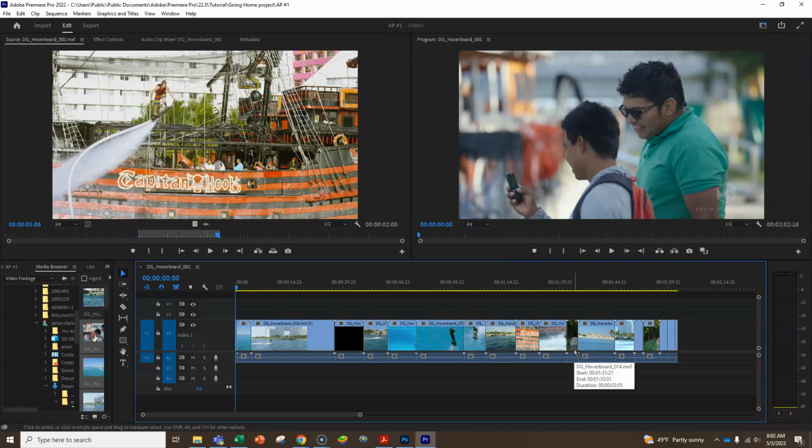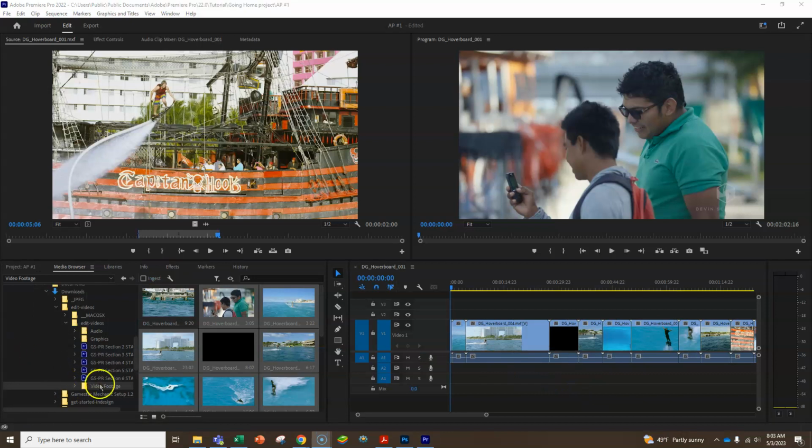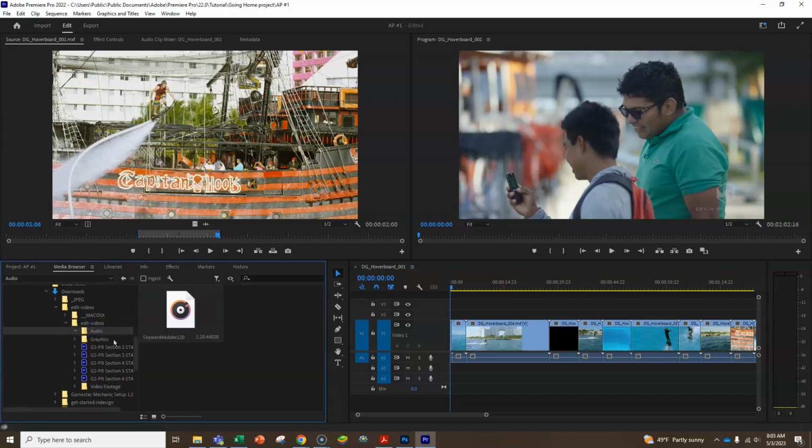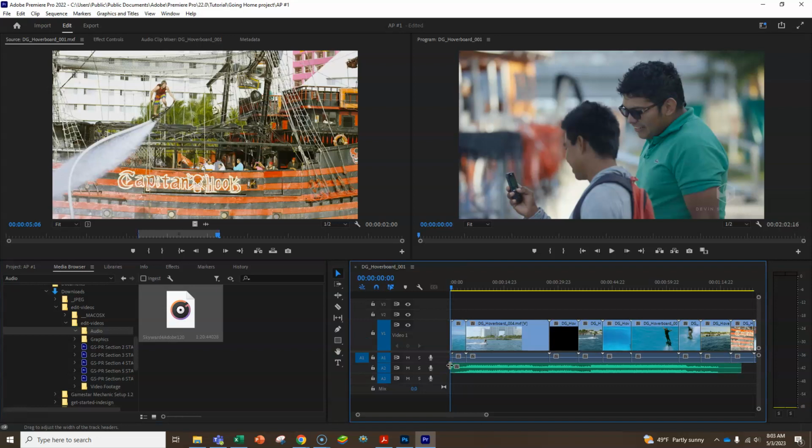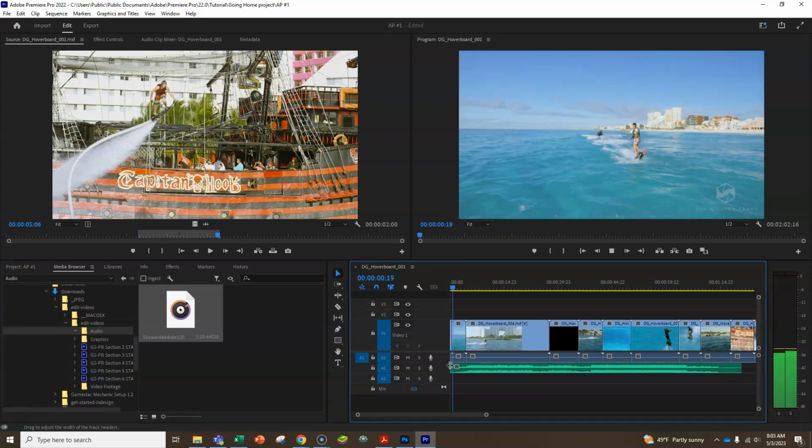And then the next step in the process is actually adding music and doing some transitions, so we'll do that next. So to find my audio, I'm going to get out of the video footage folder. I'm going to go into audio. One sound file there, so I just drag it to audio 2 right here. And I've got some audio, so if I were to press my space bar,